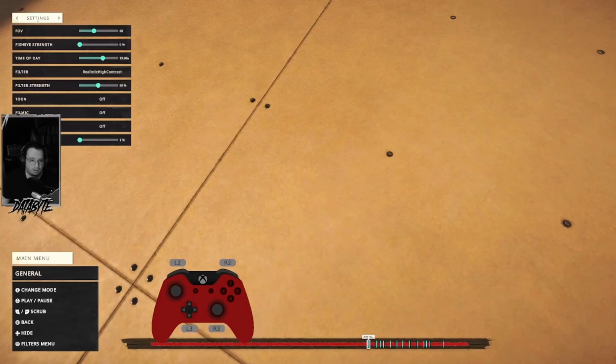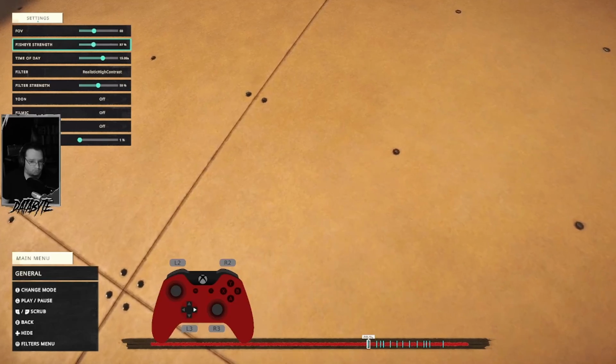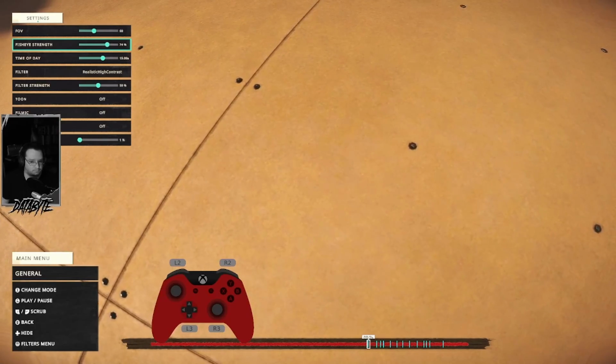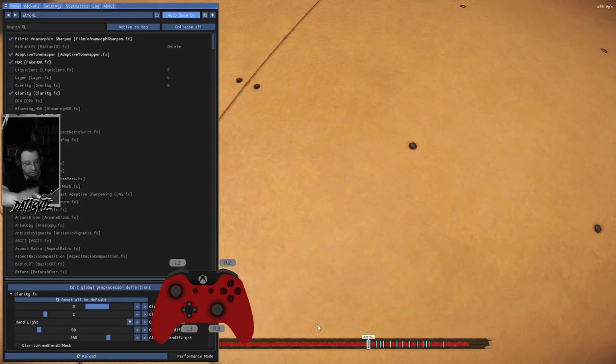Now, what they've also added in here, if you hit start, there's a fisheye strength, and you can apply this to only your replay. And if you have something like ReShade, like this, and this is why my colors are a little bit more vibrant than the game naturally is. But if you see here, I have Liquid Lens and Layer and Overlay, and you can get fisheye, like 4:3 aspect ratio fisheye lenses